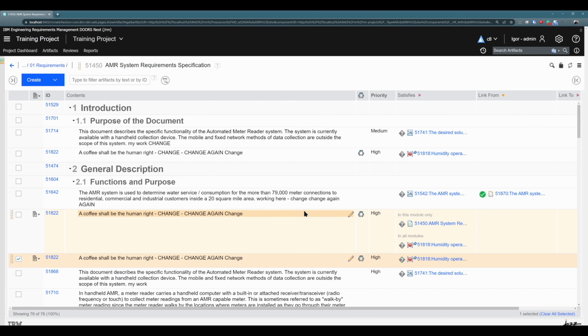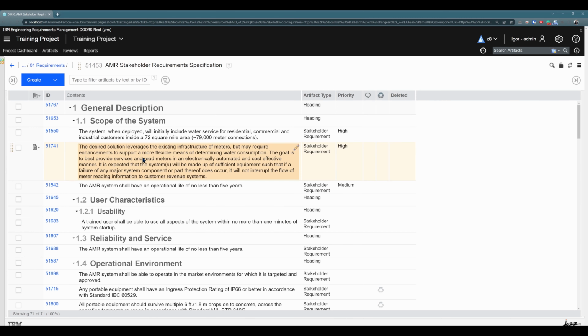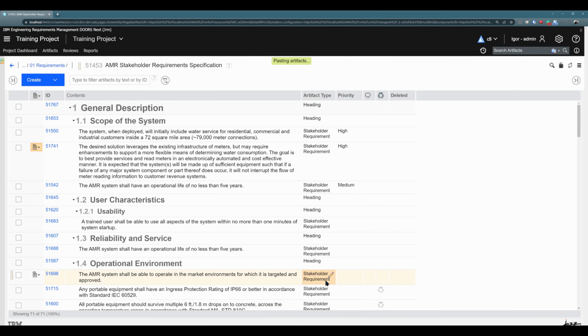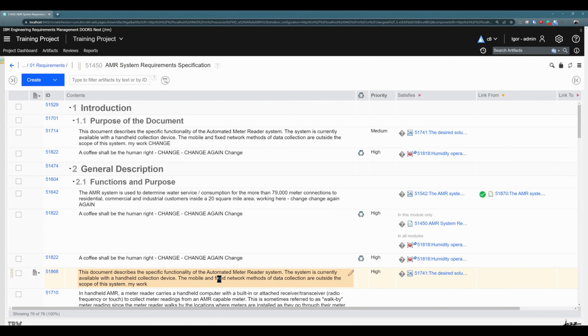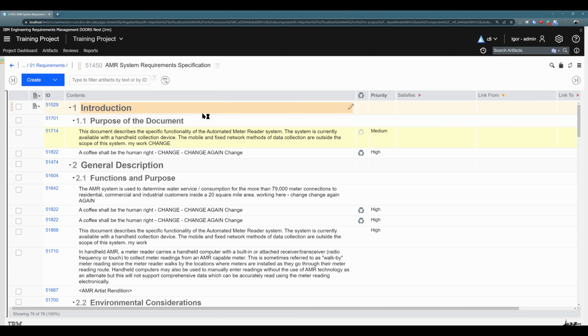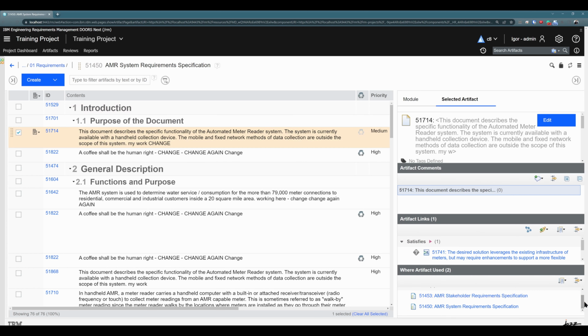in another context. If I would use, for example, this one, I will copy it and I will go to any other module, for example, this one, I will paste it special, I would like to reuse it. Okay, excellent. You see it's right here. You already see it is reused. I would like to go back to the original module and refresh it. Perfect. And we have this icon here and also this information that this artifact has two instances and they are